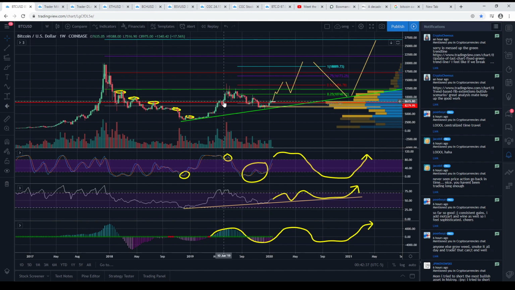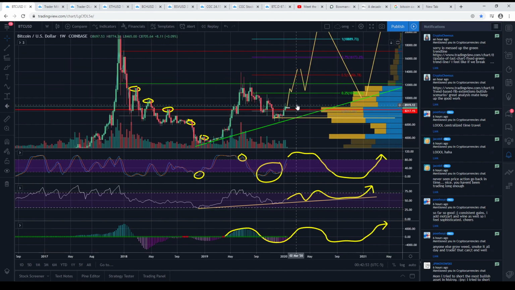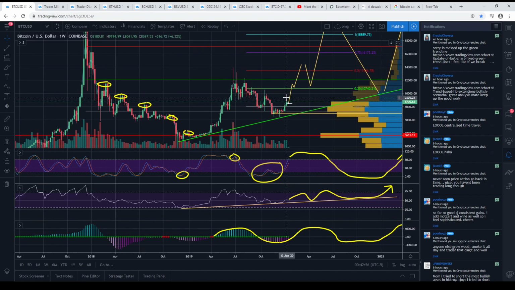The thing is, though, that nothing that I'm saying right now is guaranteed. And this isn't financial advice. This is entertainment purposes only. So keep that in mind when you're trading. This isn't a trade setup. I haven't given anybody a trade setup right now. I've just shown you my prediction in the market. You've got to find your own entries and your own exits.